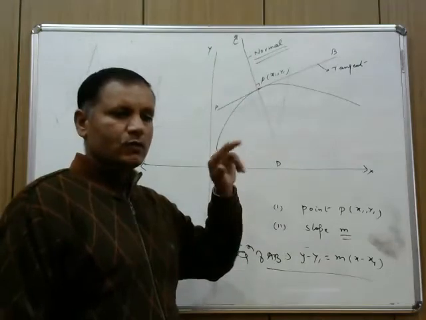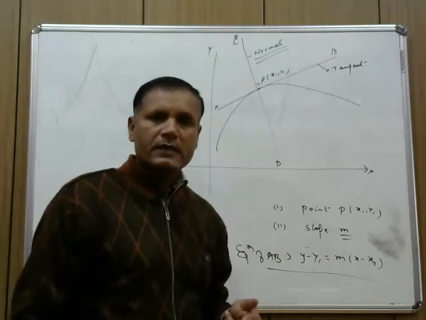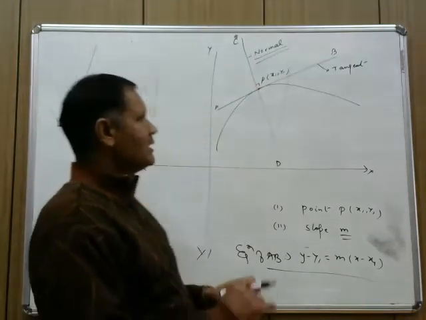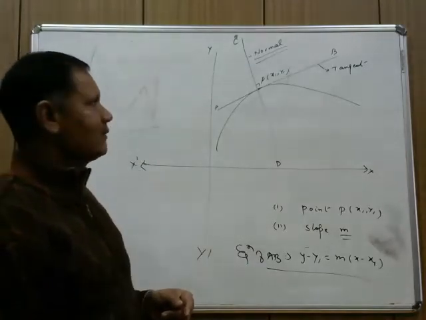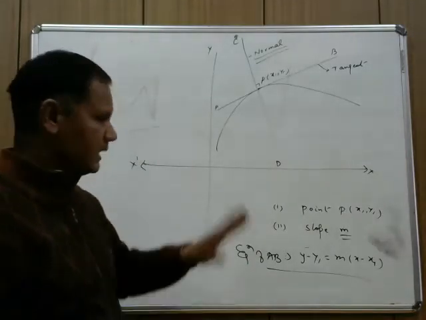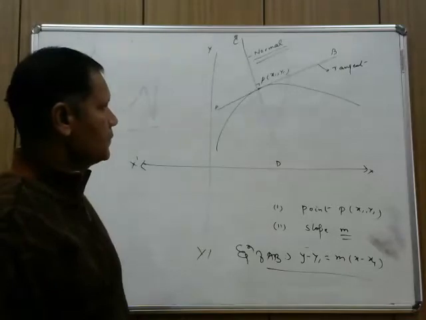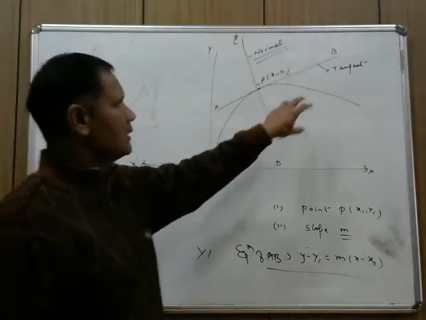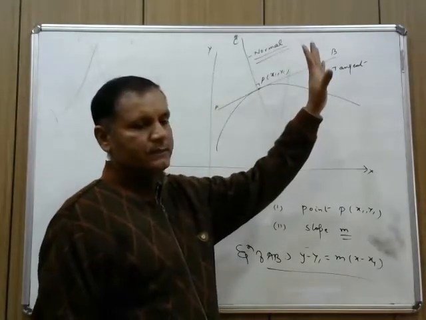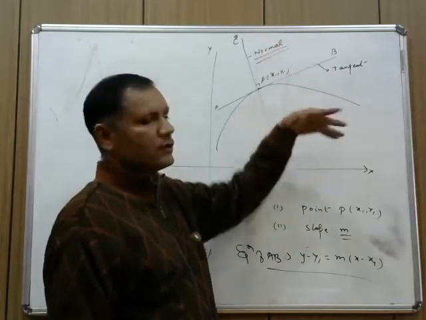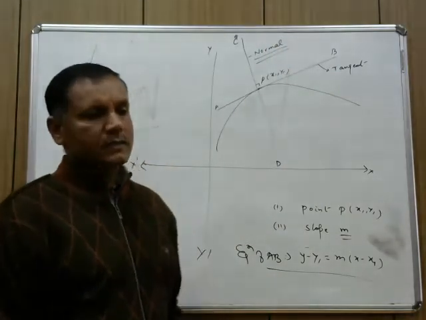That means here AB is a line, CD is a line, and AB is perpendicular to CD. We know that when two lines are perpendicular, the product of the slopes will be equal to minus 1. I will make you write that here right now. But this is the introduction regarding the normal and tangent, and its equation we are going to find out in this whole exercise.